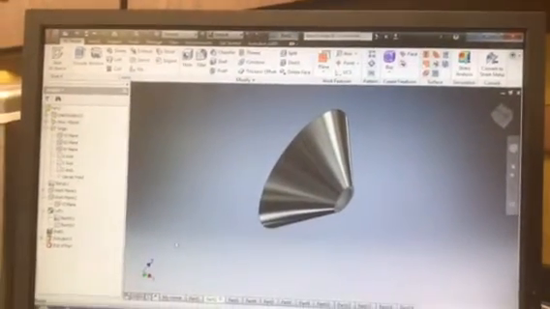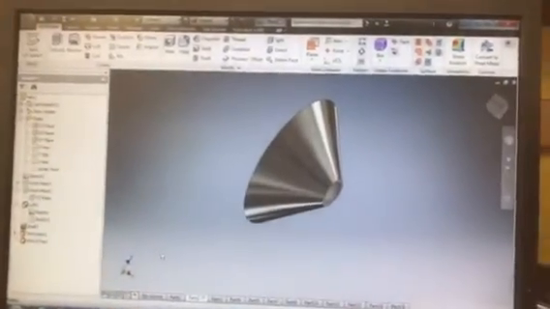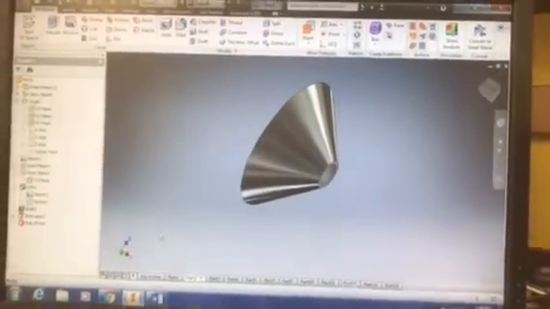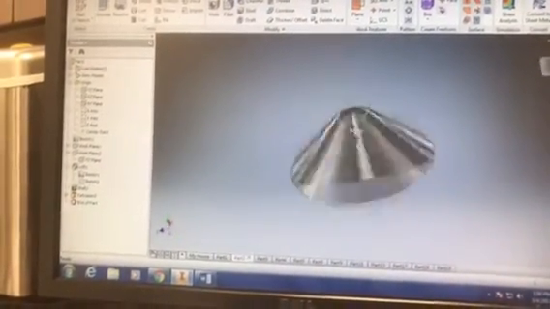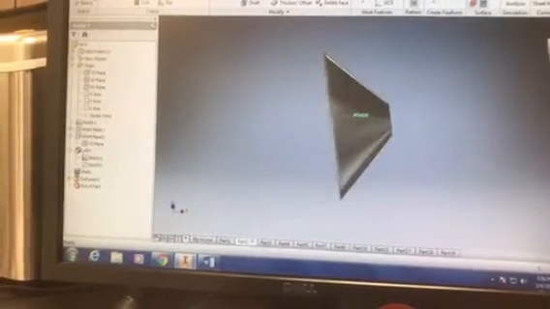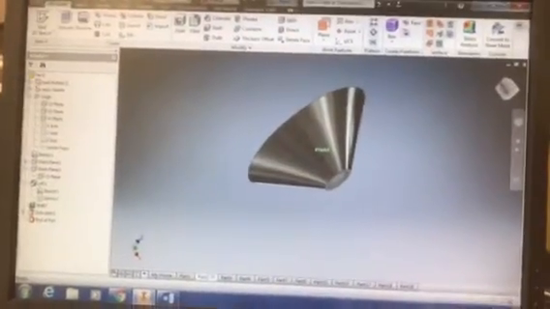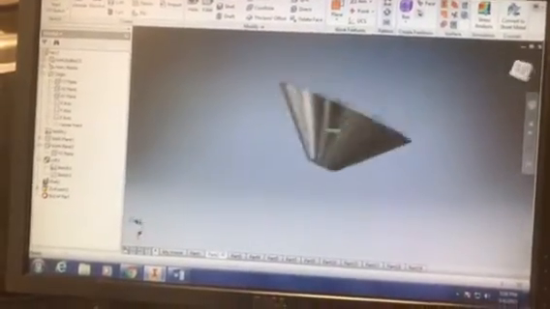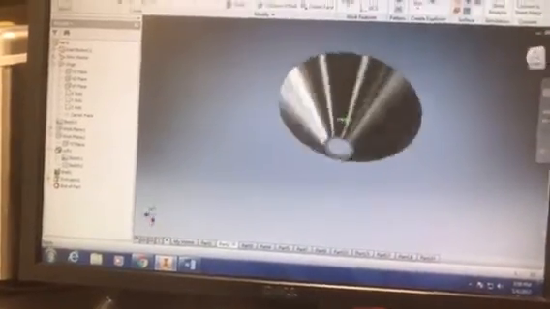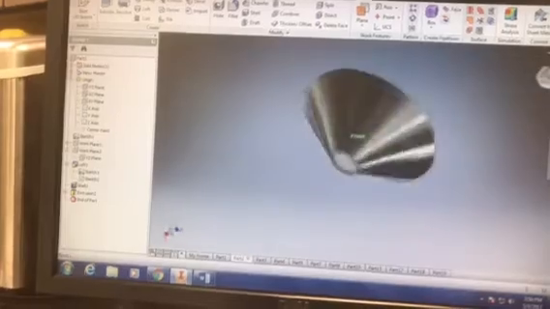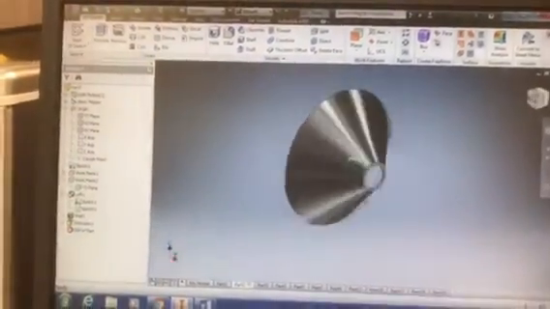Good afternoon. So the next part after you create an Inventor file or Inventor part is how do we go from having a great idea in our computer assisted drafting program and actually get it so that we can manufacture it or produce it with one of our 3D printers. So this tutorial is going to be on taking an IPT file and converting it into an STL file so that we can print. So we have a funnel here, which is going to be an obstacle used in our